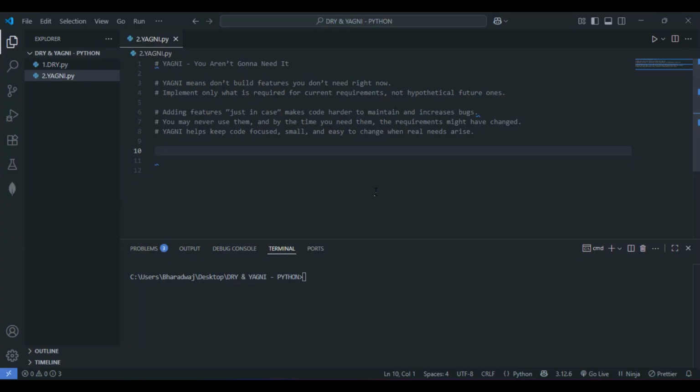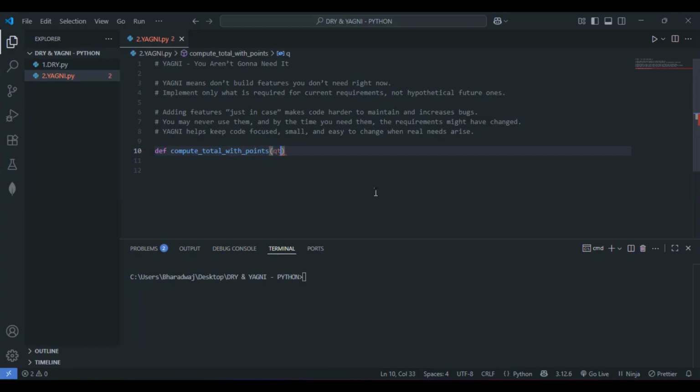Now let me go with def, the function name compute_total_with_points.